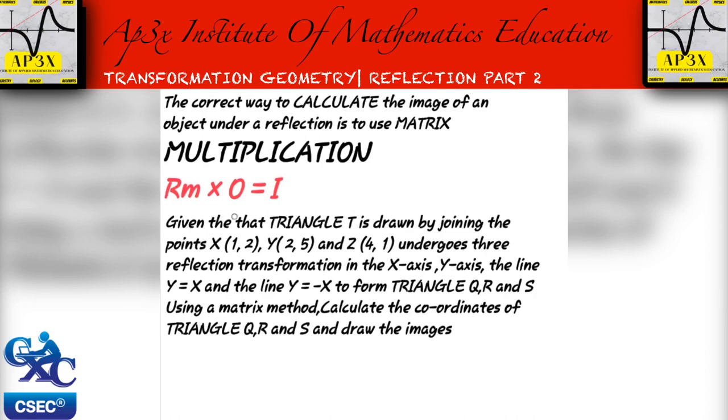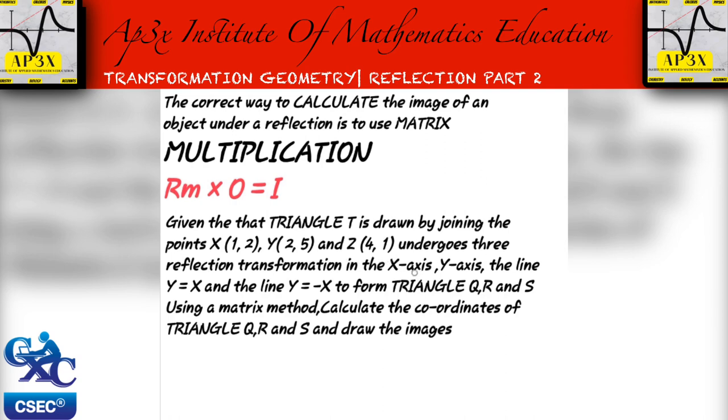It says that the triangle T, that's the name of our triangle, is drawn by joining the points X(1, 2), Y(2, 5), and Z(4, 1), and undergoes 3 reflection transformations, which is,